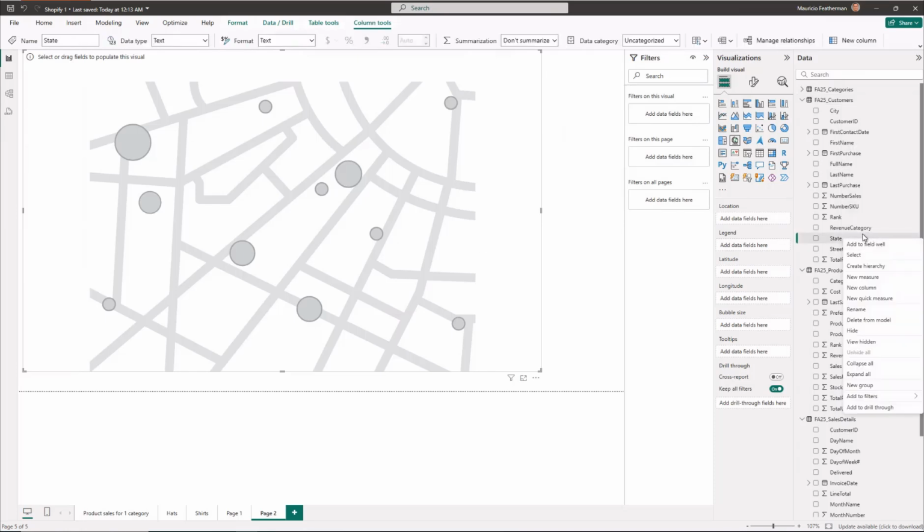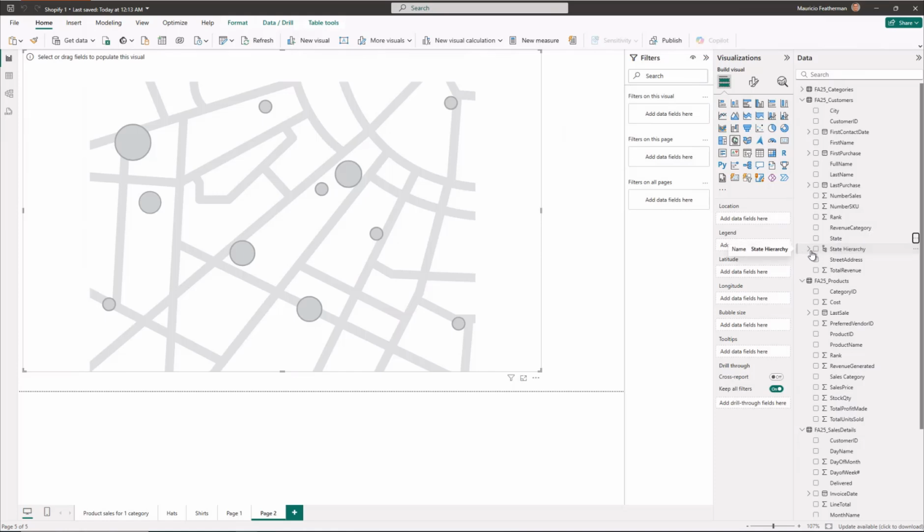Okay, yeah. So to make a hierarchy, select the column which would be the highest level. I don't think we have country here, but we have state, city, and I guess I would add postal code next. So you go to the dimension, and you go to the highest level here, state. So we'll have cities within states. All right, so then create hierarchy, and then you have a state hierarchy with state in there, and then